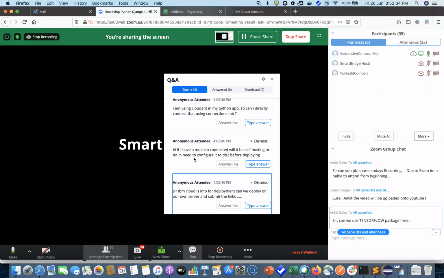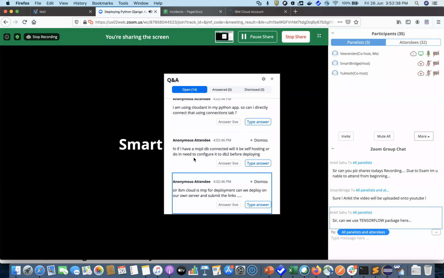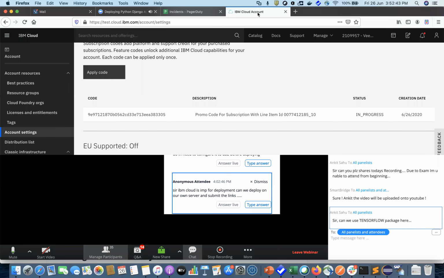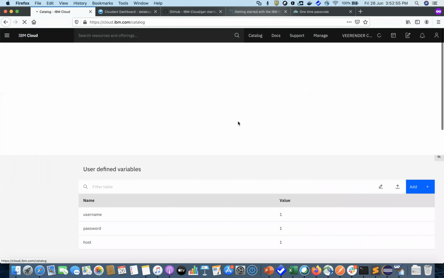If I have a MySQL database connected, will it be self-hosting or do I need to configure it on DB2 before deploying? I think within IBM Cloud, within this catalog, we have DB2 or MySQL, right?